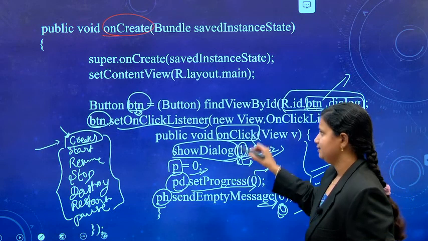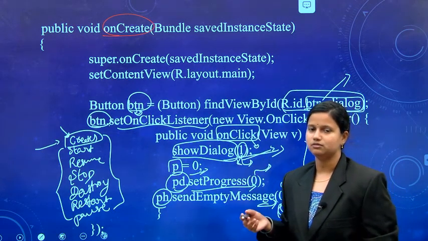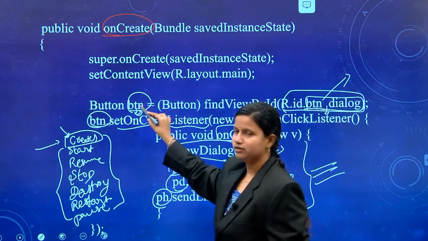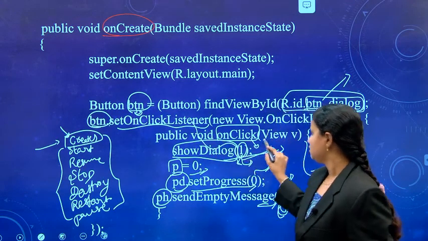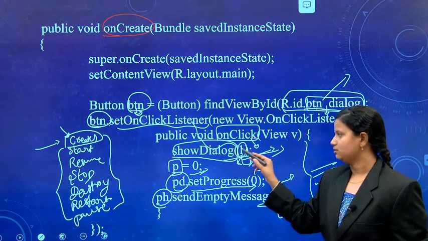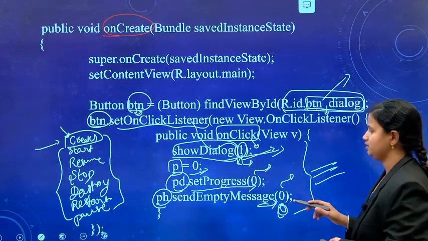Okay. These are the things. So, first of all we have to identify which button is to be pressed whenever the dialog box is invoked. That is why we have to create one object. Whenever you press on that one, it will invoke the on click listener, on click method. So, within that on click method we have to write the corresponding code. The first one is we have to create a dialog, after that we set a progress status. So, let us see the next one.